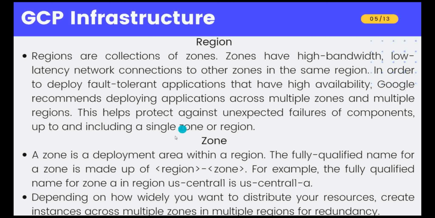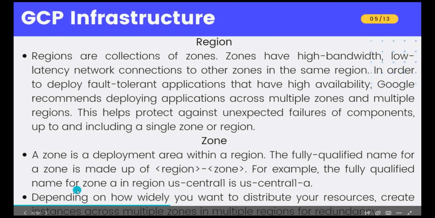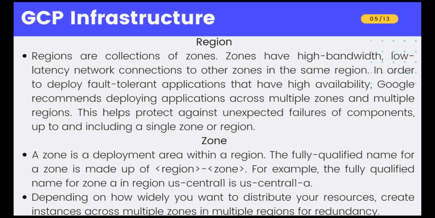Now let's see what a zone is. A zone is a deployment area within a region. The fully qualified name for a zone is made up of the region, hyphen, zone. For example, the fully qualified name for zone A in the region US Central 1 is US Central 1 hyphen A. Depending on how you want to distribute your resources, create instances across multiple zones in multiple regions for